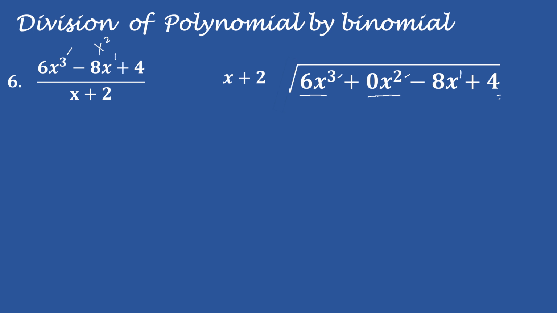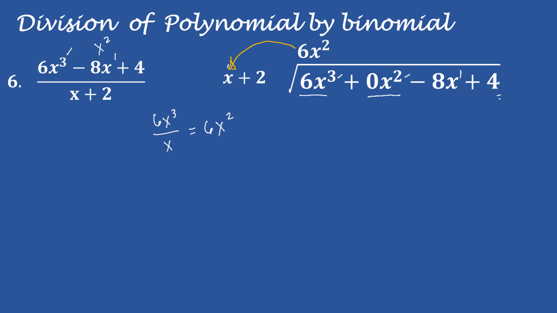So it's simply 6x cubed divided by x. Of course, 6 divided by 1 is 6. And then x cubed divided by x to the 1 is simply x squared. The answer is 6x squared. Okay. Then proceed to